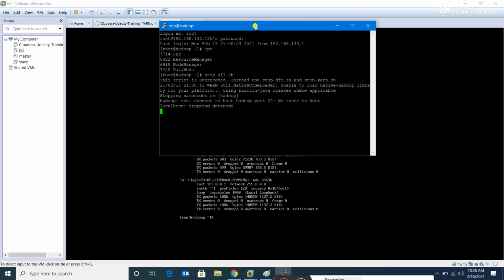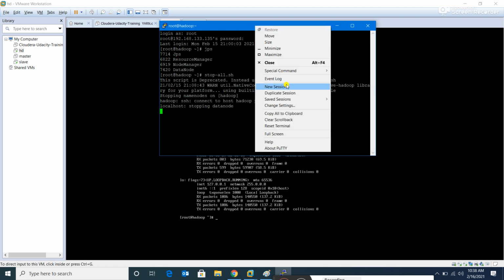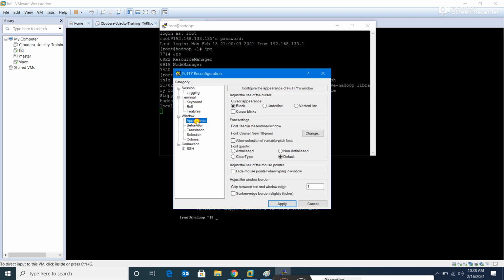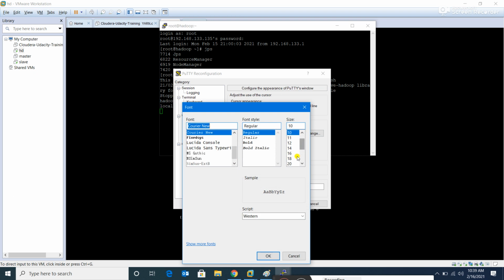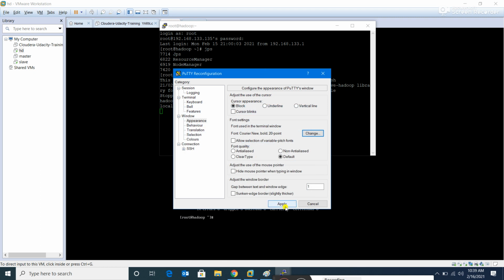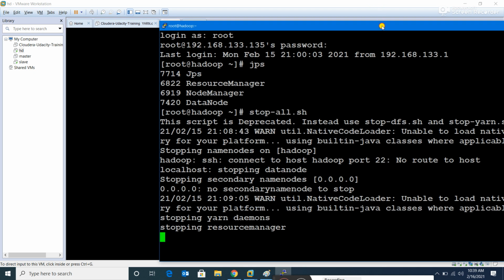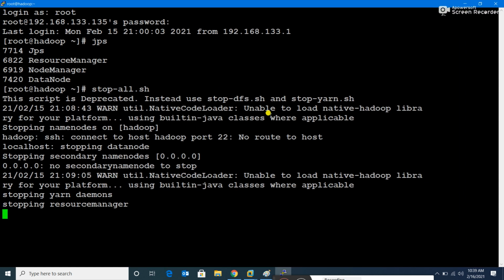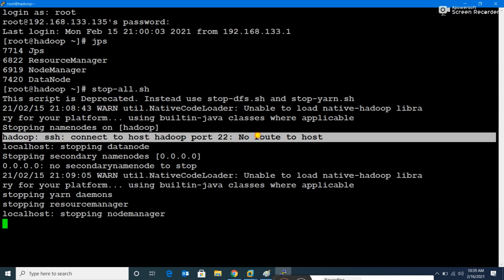Yes. So here I would like to highlight an error which is visible here, and this error normally comes when the IP has been changed, and in the /etc/hosts file the old IP is still there. Therefore, it is not able to identify it: "no route to host". This error you may also find. So what is this error?